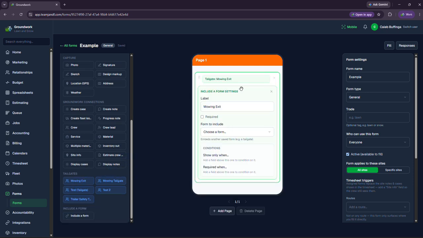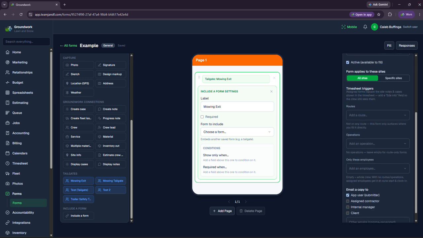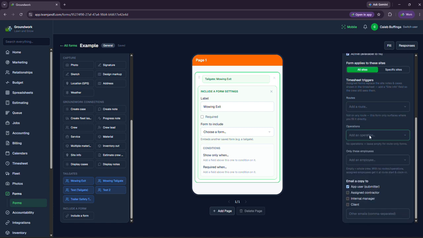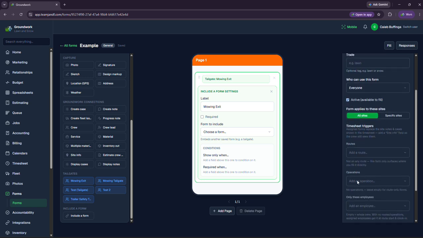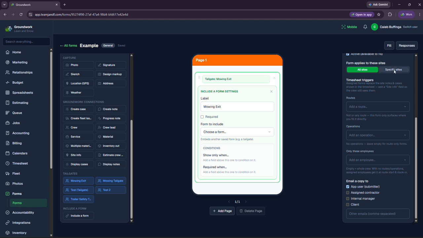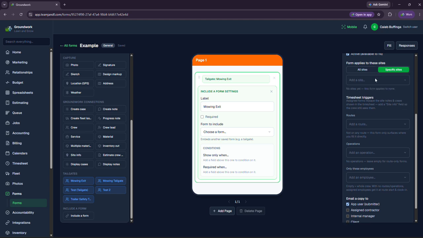Tailgates pull from the tailgate section of training. This will make them look at the different checkboxes and make sure you have completed them, and you can add in different tailgates. Then down in the bottom right, you can assign it to a route. You can assign it to a type of work, or an operation as it's called here, a specific employee, and you can send different people an email copy. You can also toggle up here to a specific site,